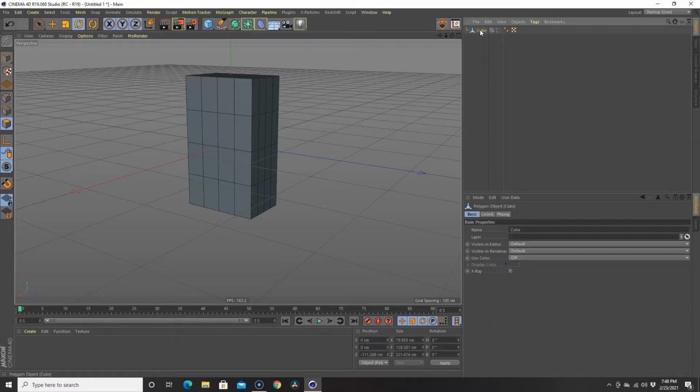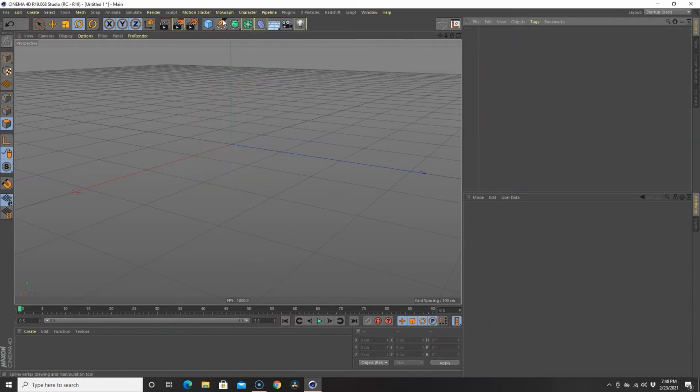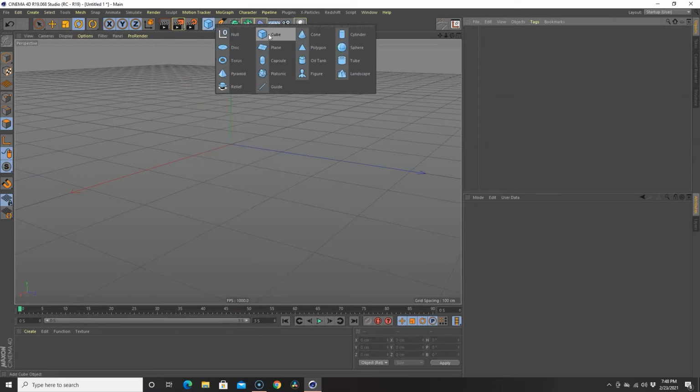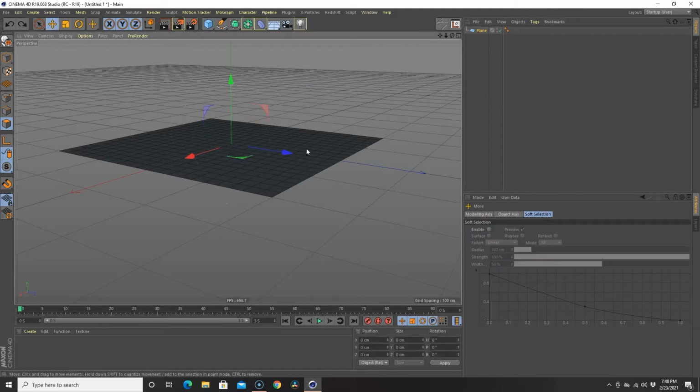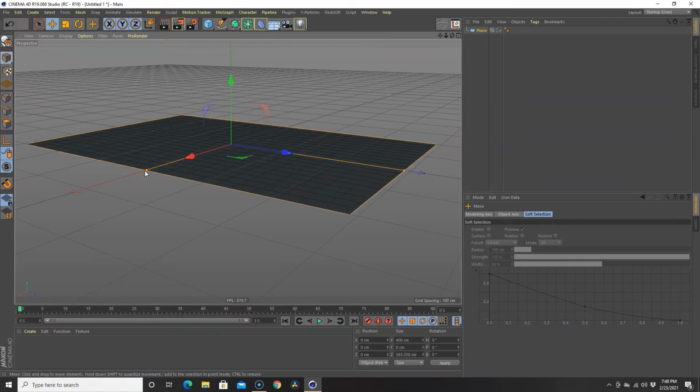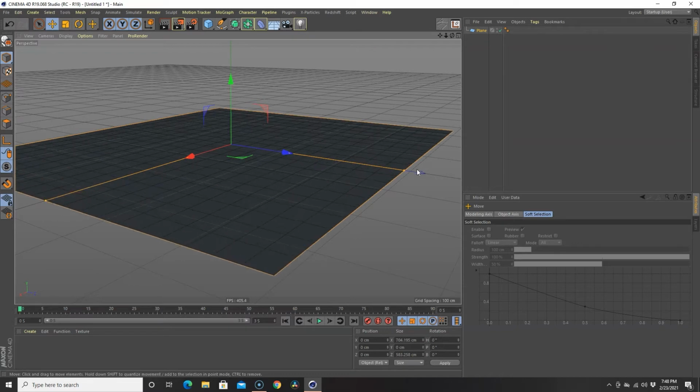So let's get rid of our cube here, and let's go back into our primitives. You can go with a plane. I hear you asking, well, where are those dots? Well, you have to go back up here to your object button, click on that, and now you got your dots out. You can make this plane as long as you want,